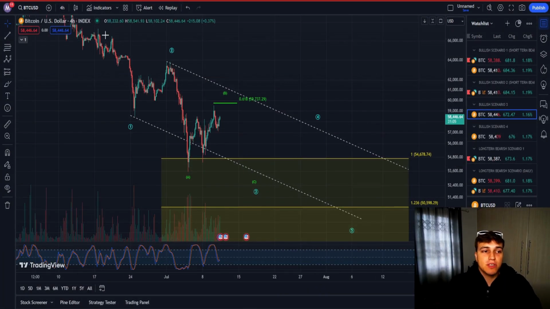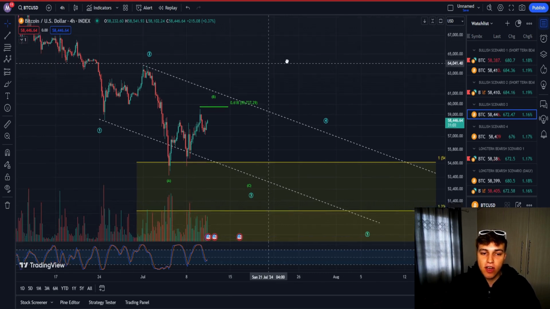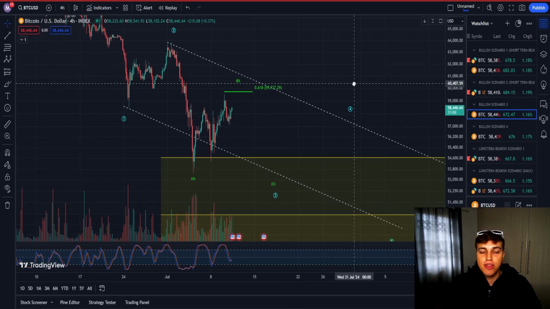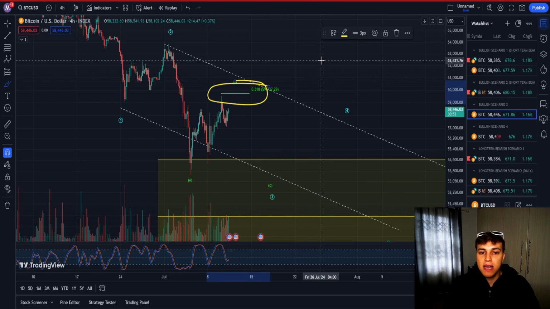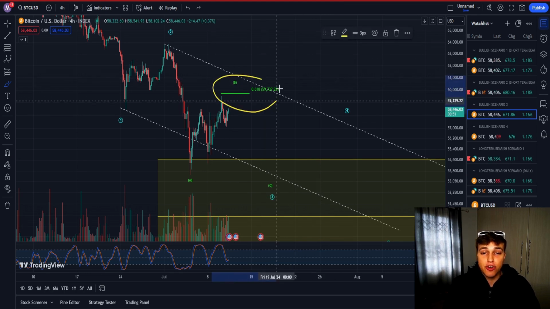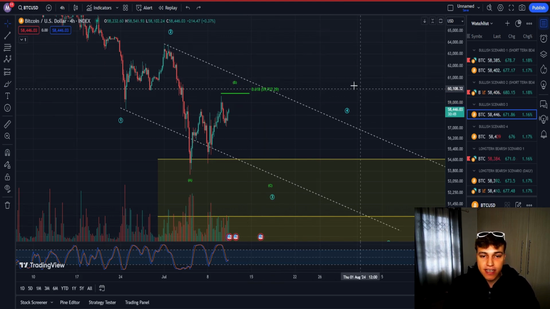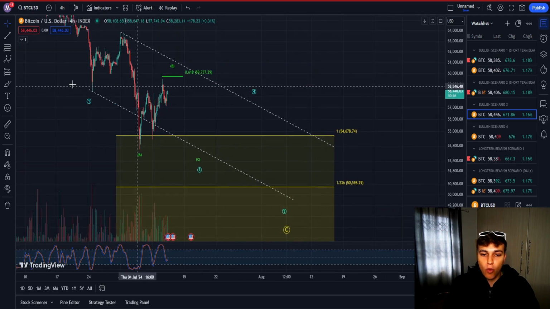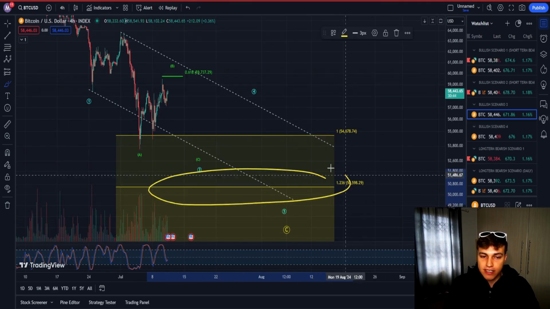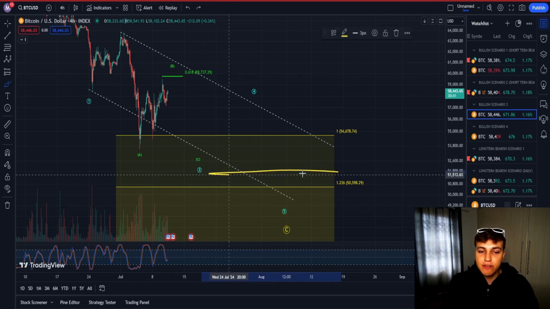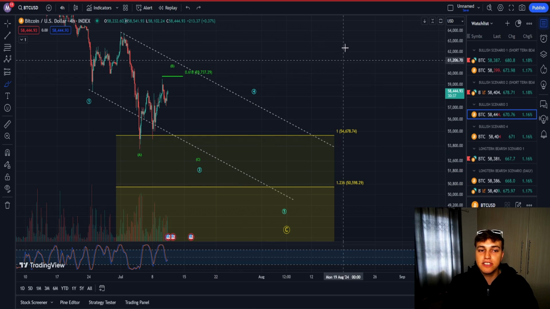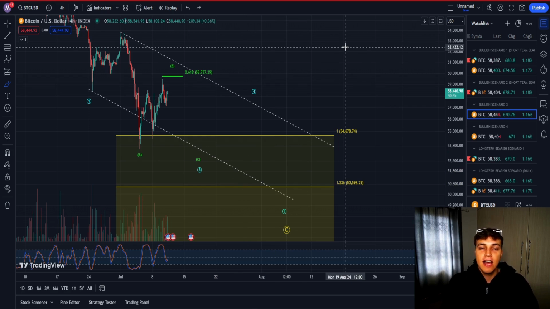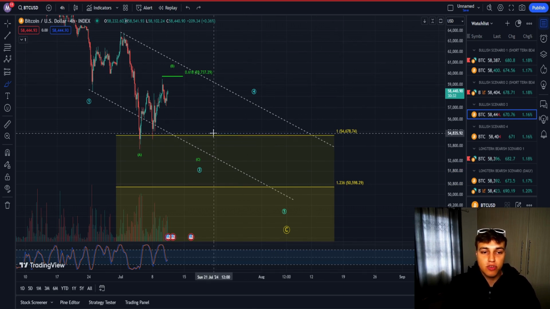For trade possibilities from this range, as this is our main scenario, I will be using this to do trade possibilities. On the 4 hourly time frame, I would still think of a short from the 0.618. If you don't want to take that short, you can wait until the low has been hit at about $50,500 to $51,500. Taking a long from there with low leverage, targeting those high bull market highs at $85,000 would be a